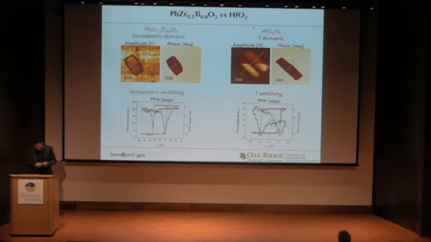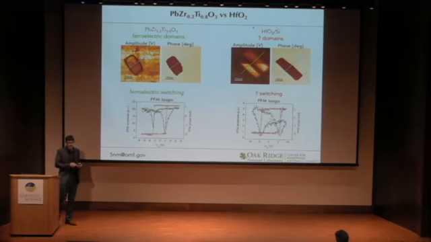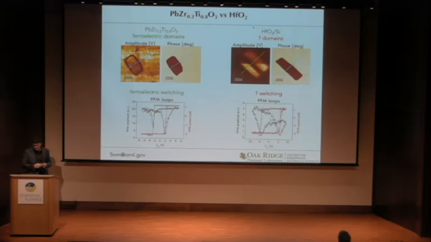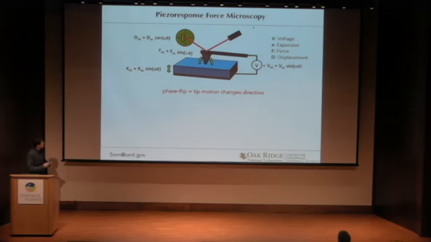But in a few slides, I'll try to convince you that we can differentiate between these two quite unambiguously: this is a ferroelectric, and this isn't in the ground state of the material. So this is a case of charge injection. There are no domains, there are no order parameters. That's, of course, an assumption, but that's what the signal seems to tell us. And so they are quite different in terms of underlying physics. But to do this, I'd like to guide you a little bit through this problem of the phase flip in PFM. So we have a vibrating cantilever, we're looking for the phase. So what's a phase flip?